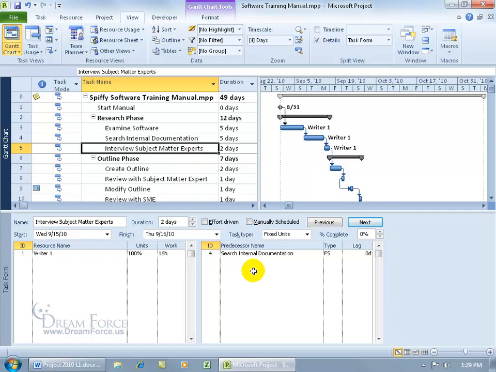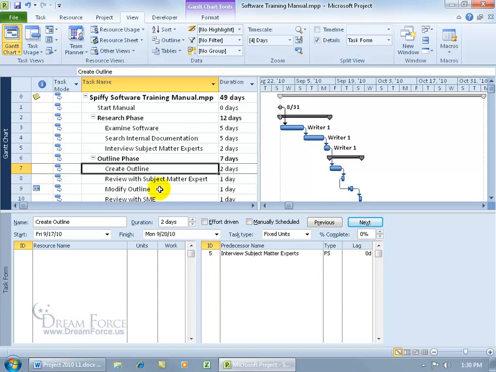And then over to the right hand side you have the predecessor to the resource, search internal documentation, again search internal documentation, and the relationship type, FS, finish to start. So the predecessor must finish before this task, interview subject matter experts, the next task right here that I have selected, can start. So to go ahead and assign a resource, let's go down to this one right here, create